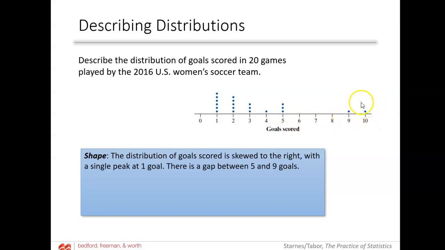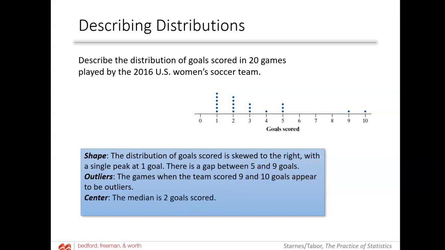Now, that was just shape. We haven't talked about the outliers yet. That's a different bullet point here. Like that one. So the outliers, there seems to be 2 outliers, right? When the team scored 9 and 10 goals, those appear to be outliers. Now notice the words appear to be outliers. Nothing definitive there. We don't want to say they are outliers because we're going to learn later that there's actually